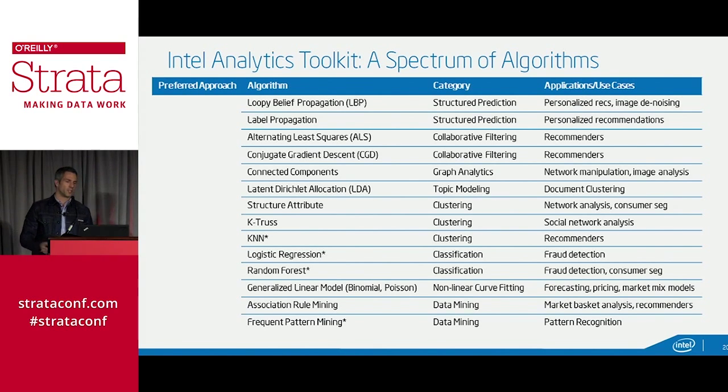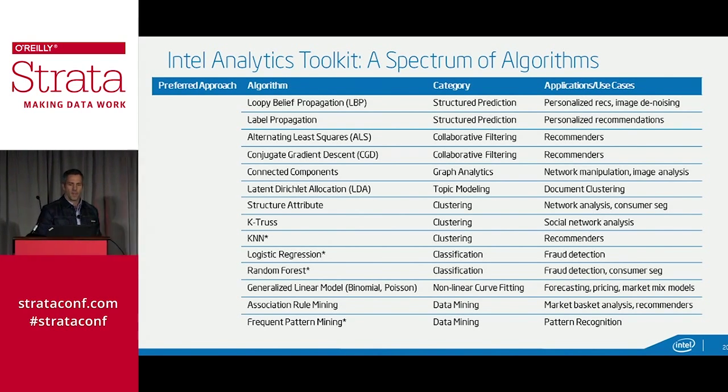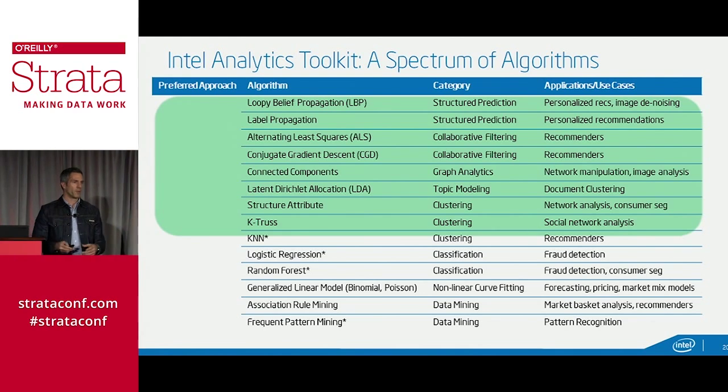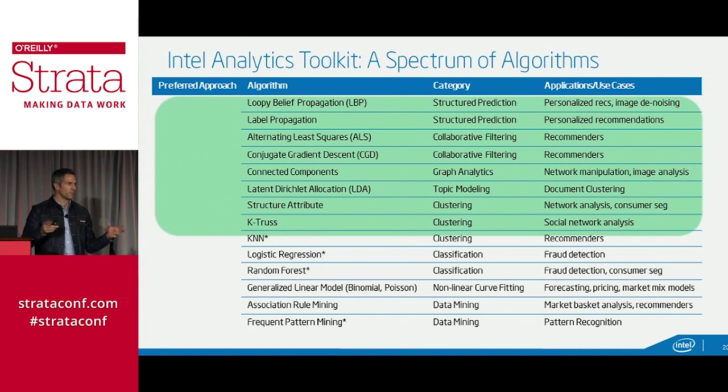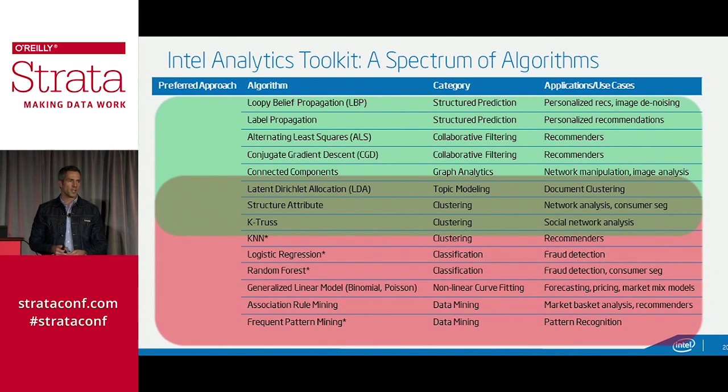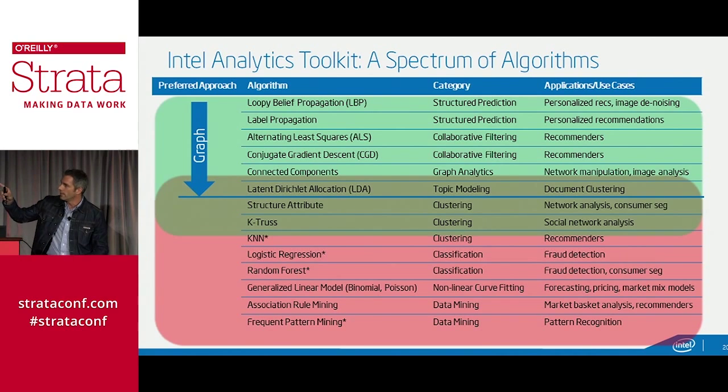We've got structured prediction, collaborative filters, and all that. And a lot of these on this list, all the way down to classic things that we've been doing for years in machine learning. The top of the list are things you'd think of doing with a graph approach. These are algorithms that would be good for a graph approach. The bottom of the list, not so much. The things in the middle, there are some things that you could go either way with. We decided to draw a line.